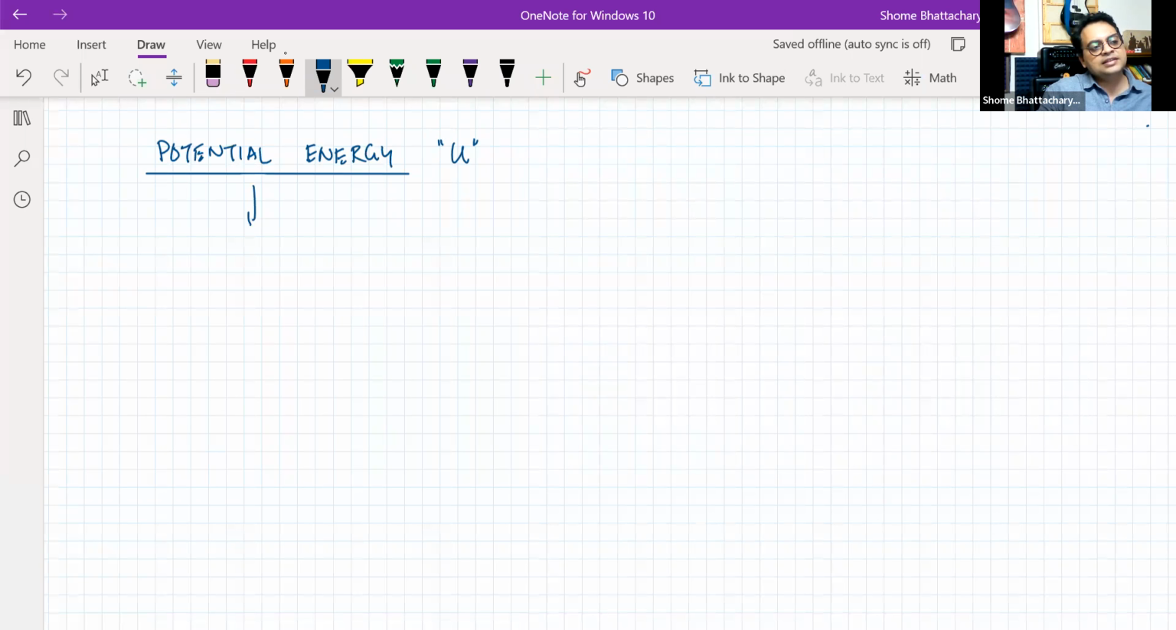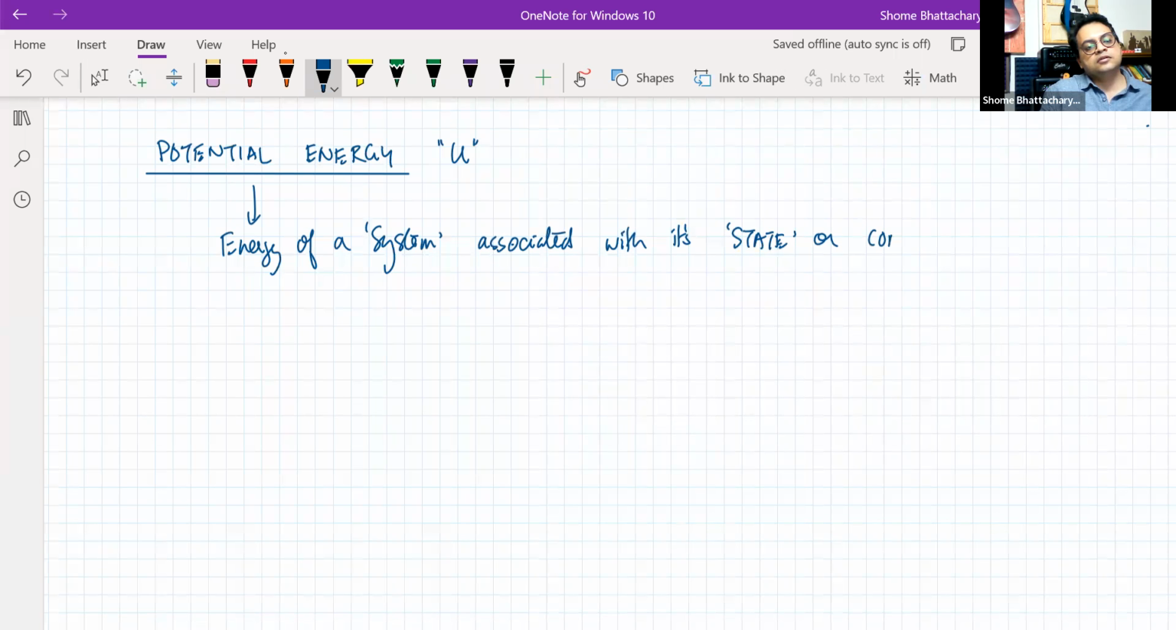Okay. So potential energy is a type of energy defined for a system. It is the energy of a system which is associated with its state or configuration. We just talked about this in the last lecture also. State or configuration, instead of kinetic energy, which depends on the motion. Example, elastic potential energy of a spring